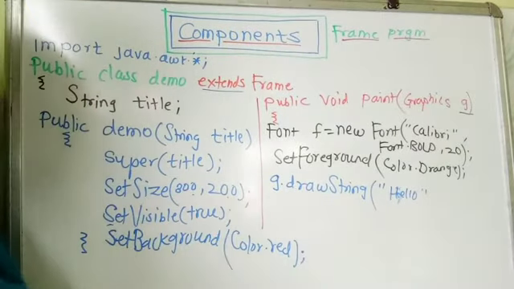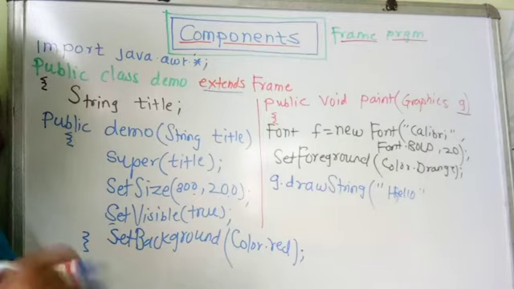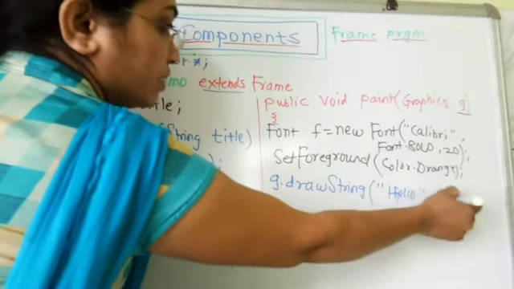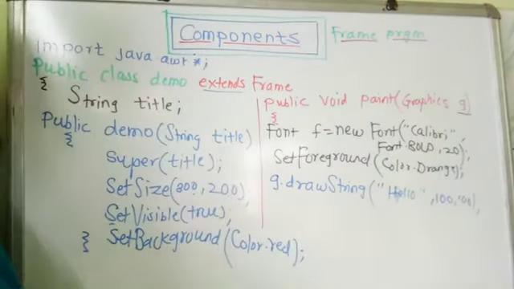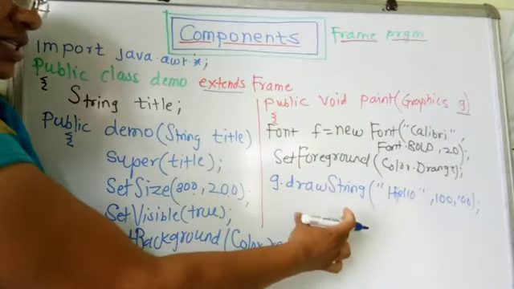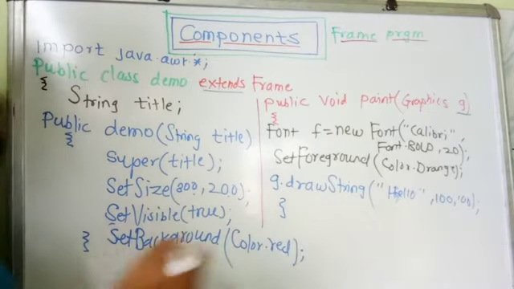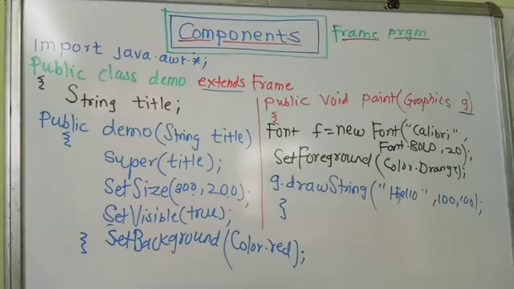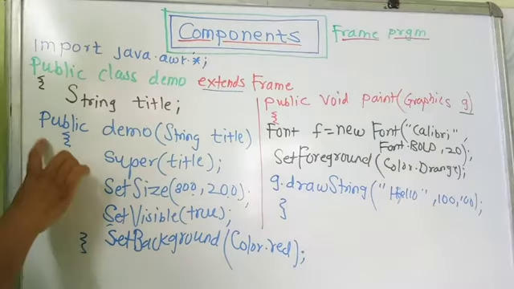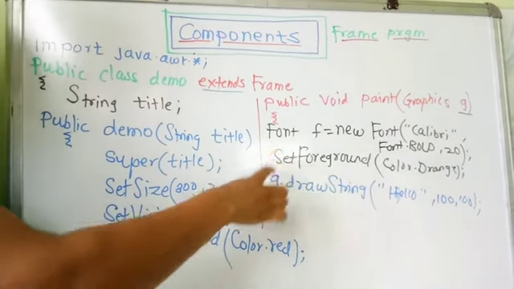Okay. Then you can give its width and height also. So for example we will set it 100. Means this hello message will be displayed at 100, 100. Now we will close this paint method. This is only a demo for which I had taken the graphics method, but you can actually design here the frame with a lot of components of the other GUI, that is the buttons, labels and so on. Up till now we had only created the constructor and the message which will be displayed on the screen.